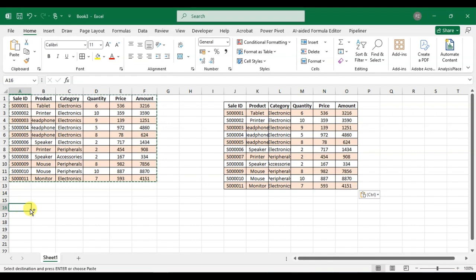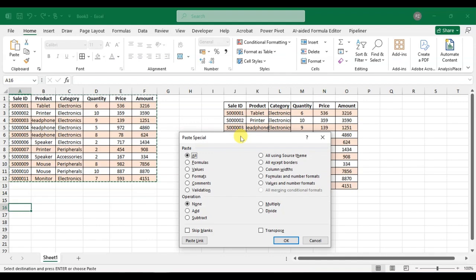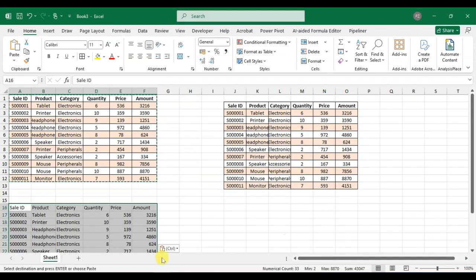press Ctrl Alt V and here the Paste Special dialog box opens. Then simply click on Values and click on OK. Here only the values are pasted. And if you want to copy paste the formatting, simply select the area and use the